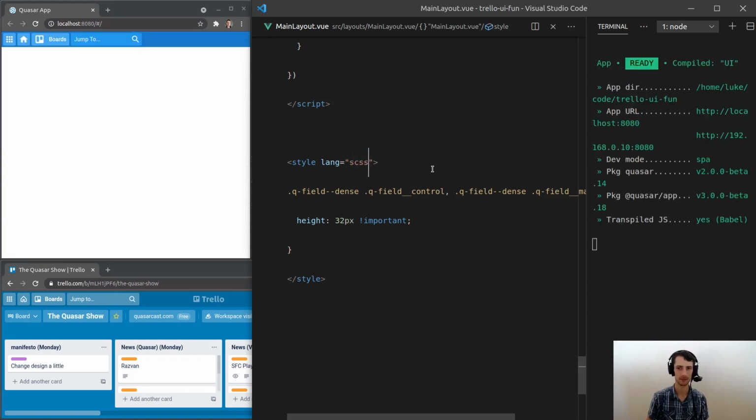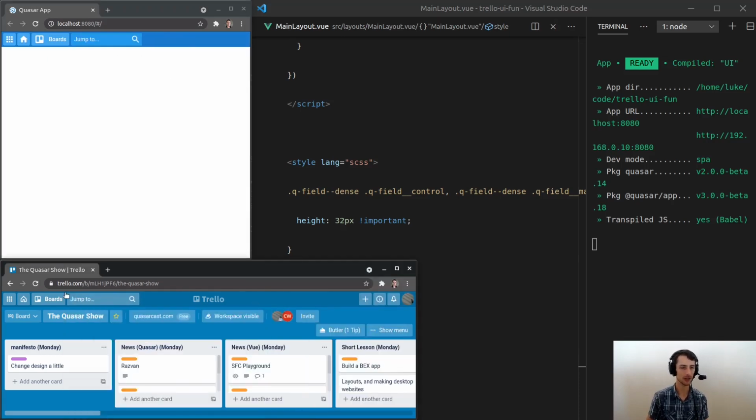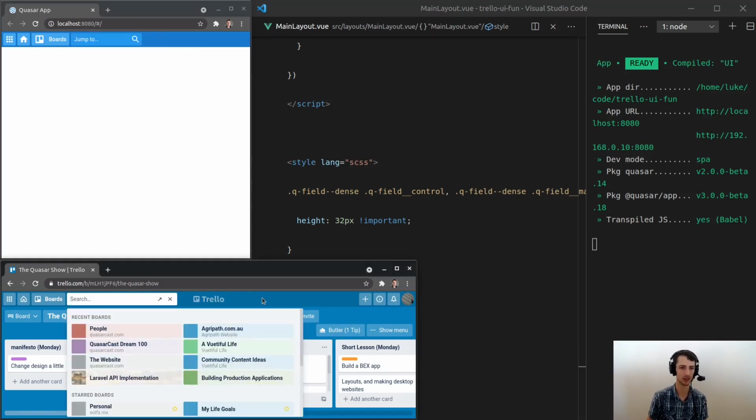SCSS, maybe, I don't know. There we go. That's fixed that up now. How cool is that? It took a little bit of work, but it was not that difficult to change it to this Trello